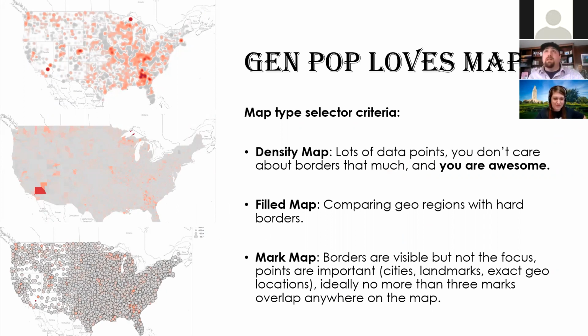So there are 3 different types of map marks that you'll use most often. Density maps: if you have lots of marks, you don't care about borders because they're totally arbitrary anyway, and you happen to be an awesome person, use density maps. They look great. I just think they're beautiful. There are a lot of different color palettes that you can use that are really interesting. Filled maps is where you are very much focused on the borders. If you want to look at a map of Louisiana and you want to separate it not by counties, but by parishes,